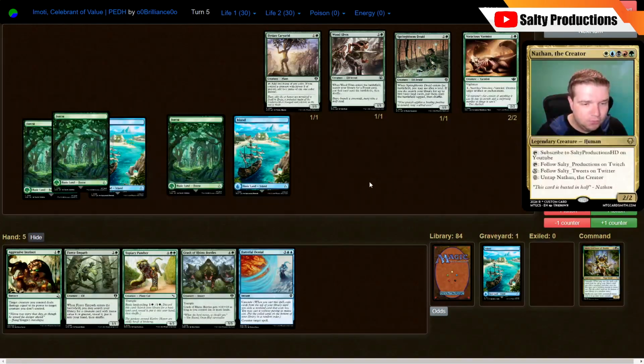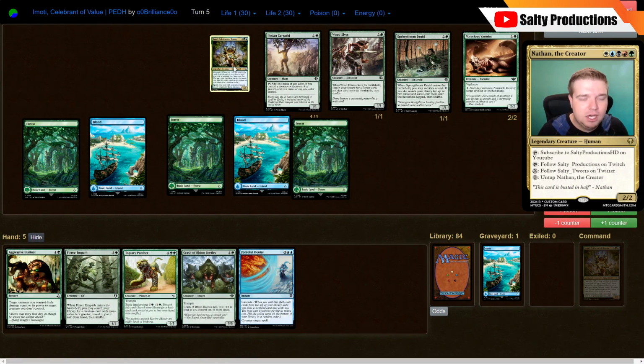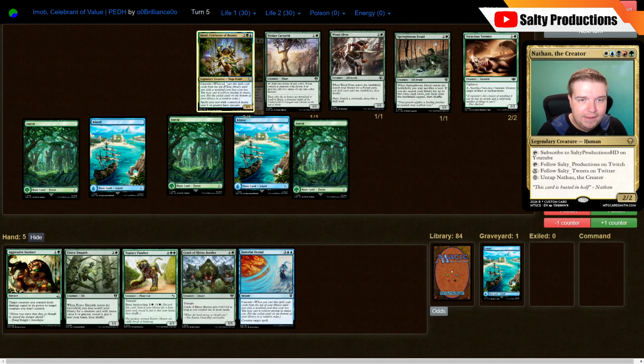So by turn 5, we now have access to our 5 mana. I did not draw another land, unfortunately, so we would probably actually maybe want some card draw in order to make that land drop, now that I think about it. I think the move here is to just run out our Imoti and hope that we cascade into a card